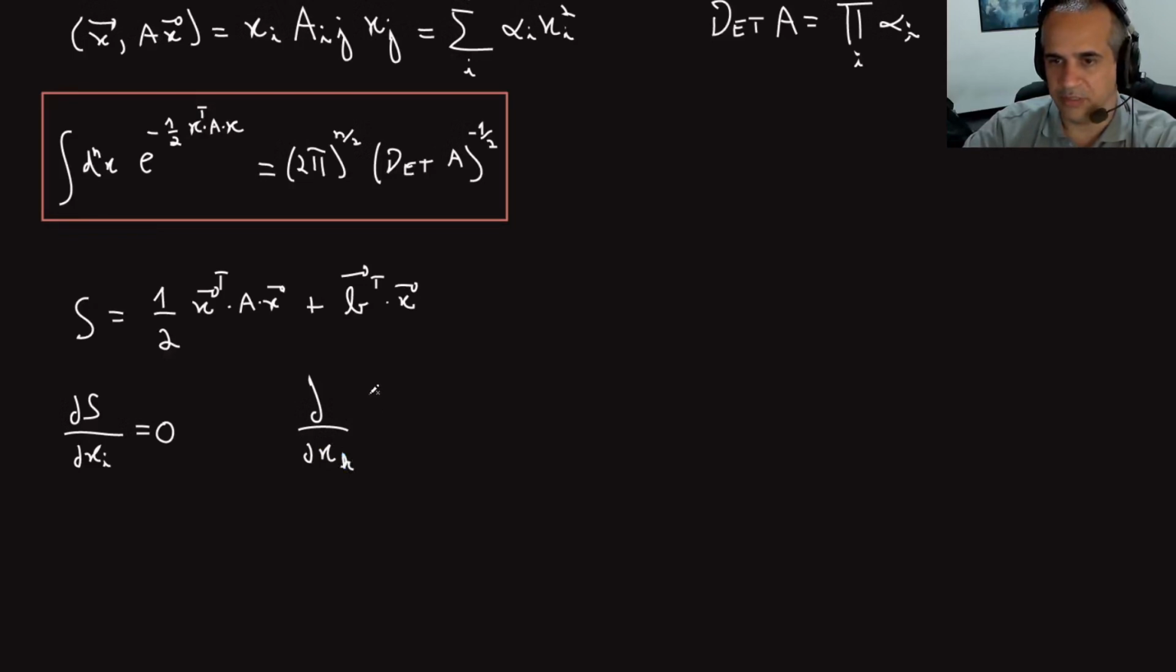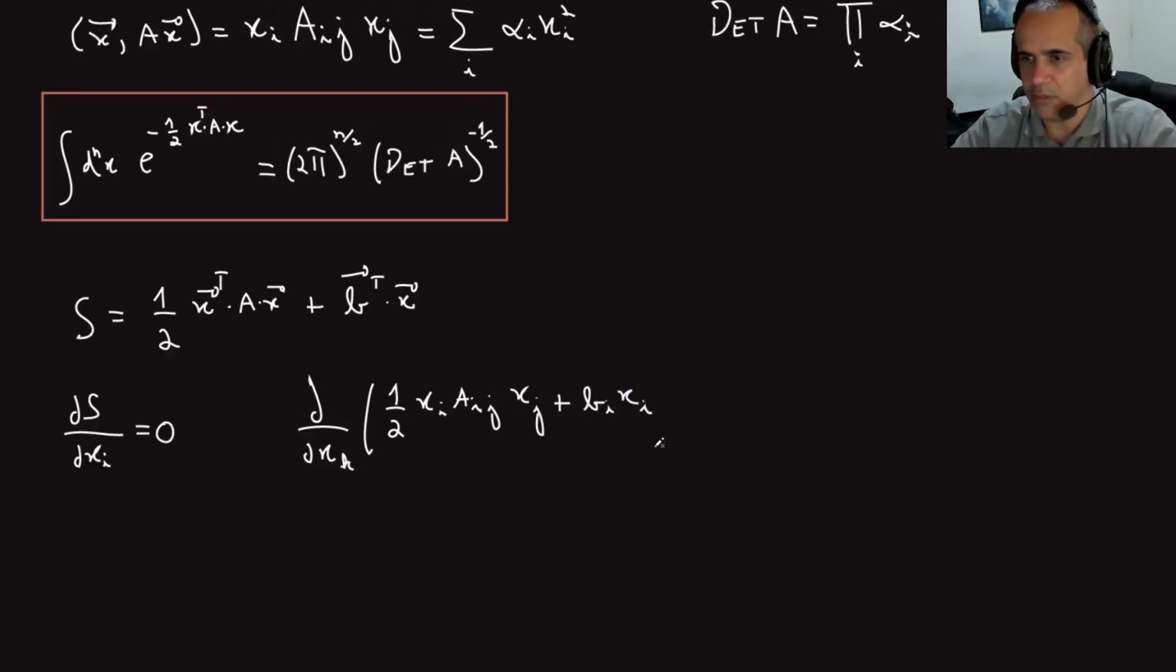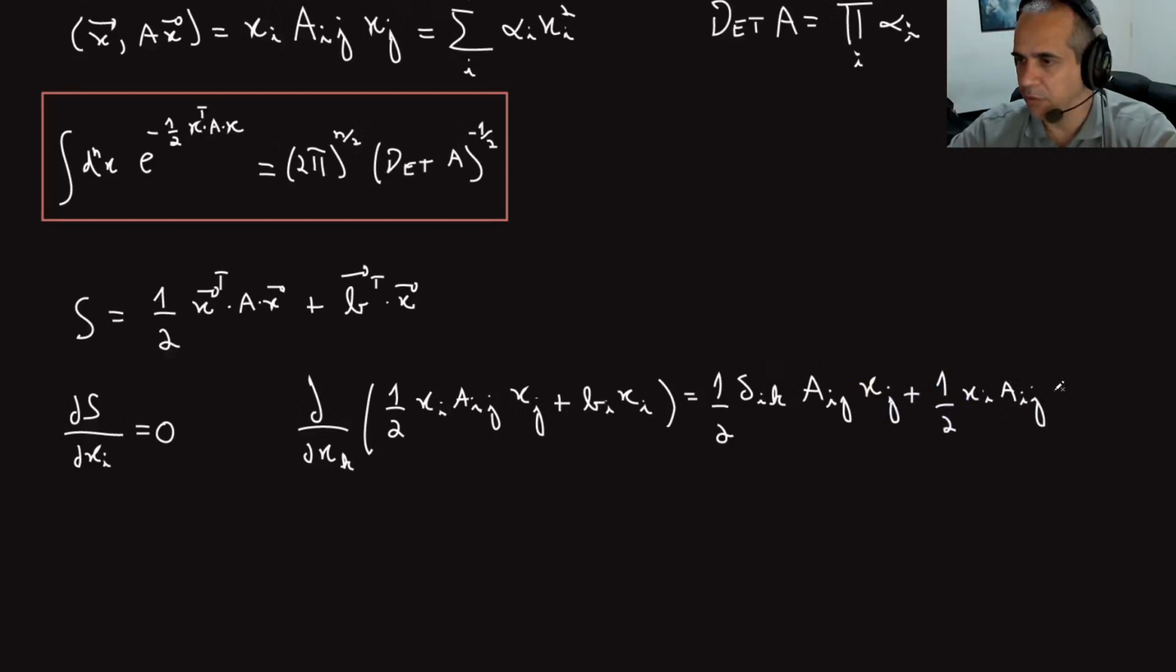Let's see. So I'm putting this in here, writing it explicitly in terms of the indexes now. A_ij x_j plus b_i x_i, and if I take the derivatives here, I'll have a half delta, this is a Kronecker delta, delta_ik a_ij x_j plus half of x_i a_ij delta_jk plus b_k equal to 0. I can solve this and get that